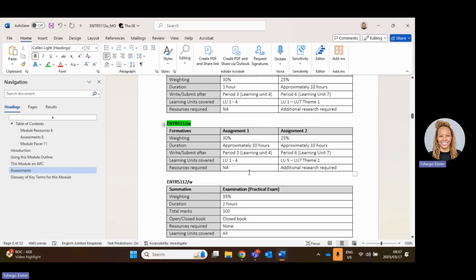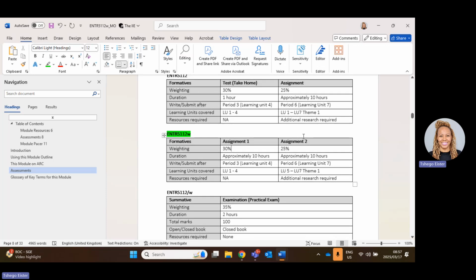And then here it's showing you that you're going to be writing assignment 1 and assignment 2. Assignment 1 weighs 30% of your final module. And then assignment 2 is 25%. And then the exam is 35%. And the reason why this is important is so that you know how much weight to give